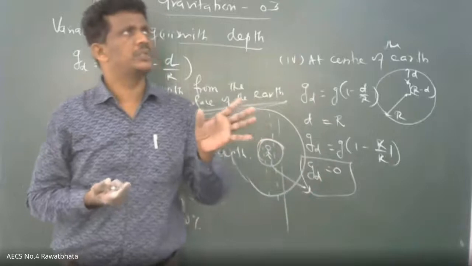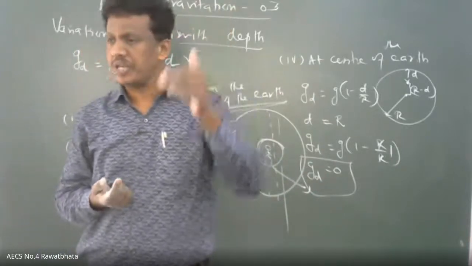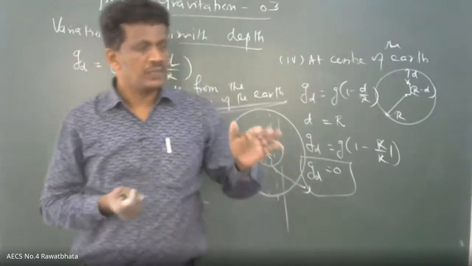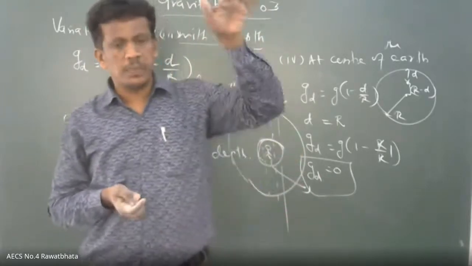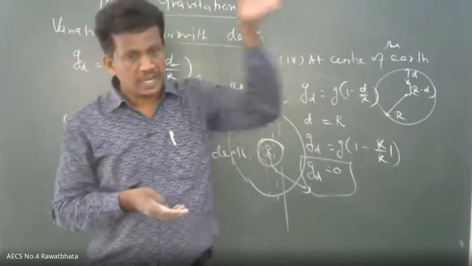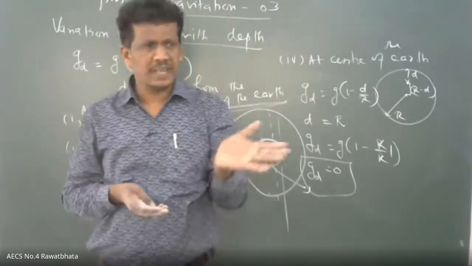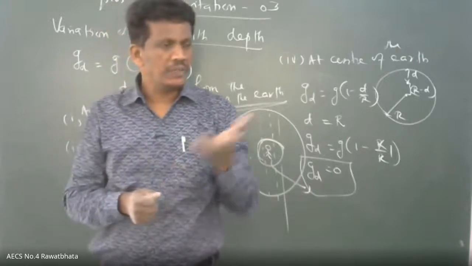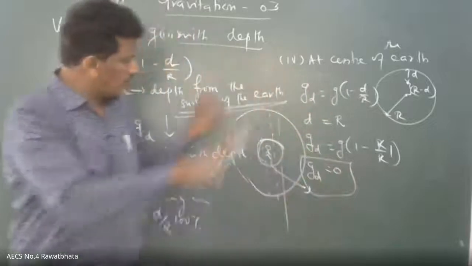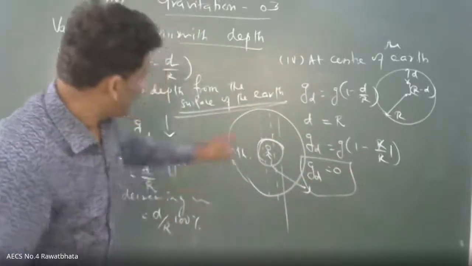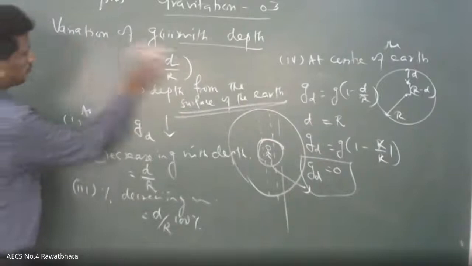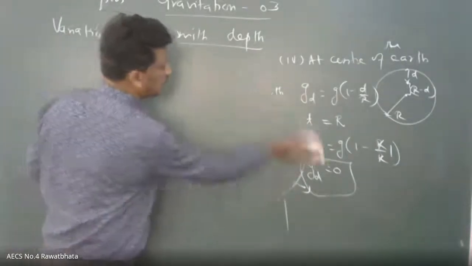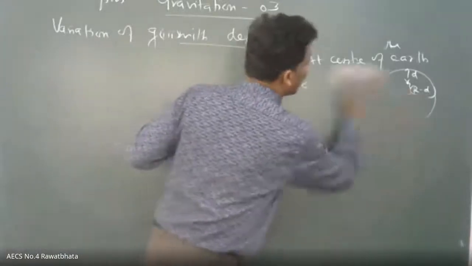One topic I discussed with you is the apparent weight of a body in a moving lift. When the lift accelerates downward or upward, or the lift mechanism fails and it falls freely. The same question applies to a monkey climbing a rope, and the tension. All of these are related to reaction. I think this is also clear. So these two main topics are over: one with depth, another with height.